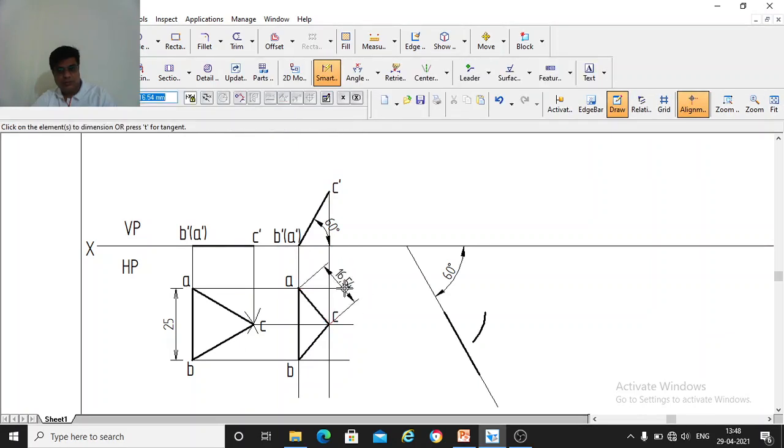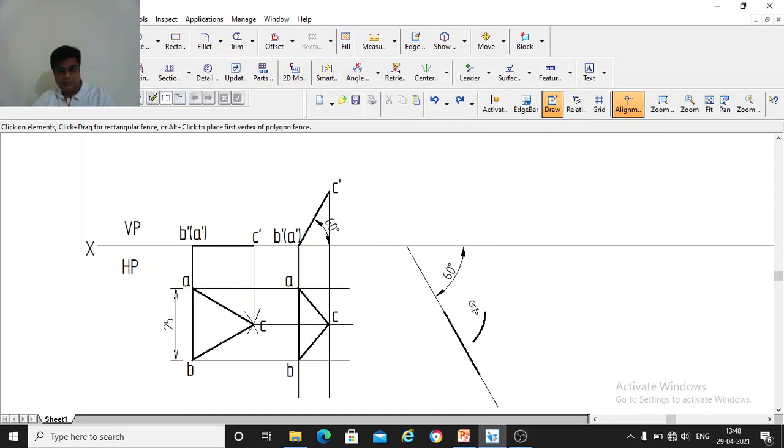So it is 16.5, not 14.5, it is 16.5. So measure this length AC and draw an arc here with center A.